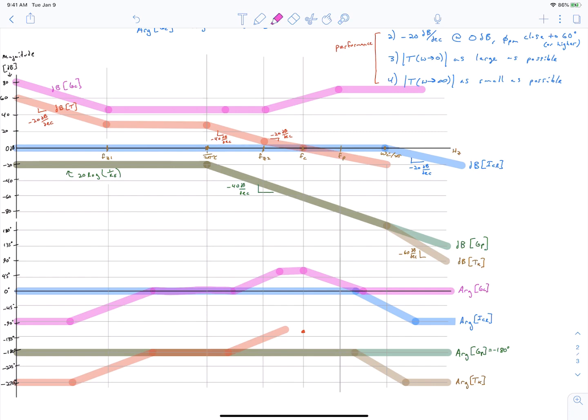And so that is going to cause the same effect in your loop gain transfer function. Your loop gain is going to continue to follow your controller all the way to negative 270 degrees. But the point is that by the time you get to these frequencies that are below negative 180 degrees, your gain is far below the 0 decibel point. And so we can finish up what our